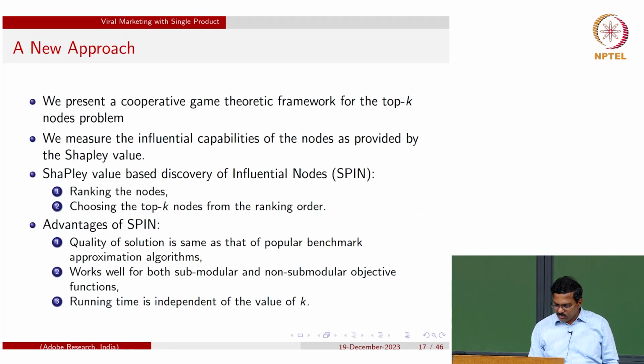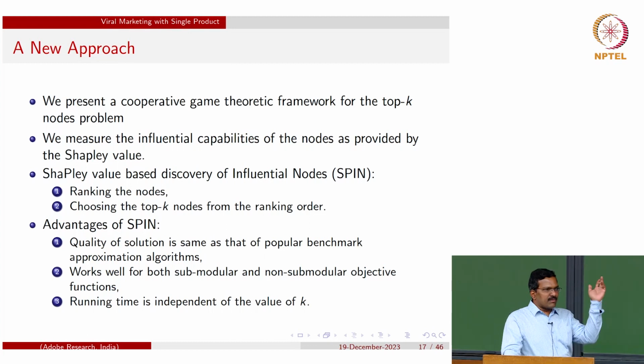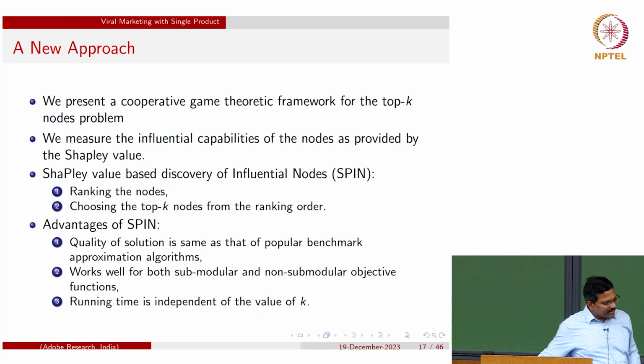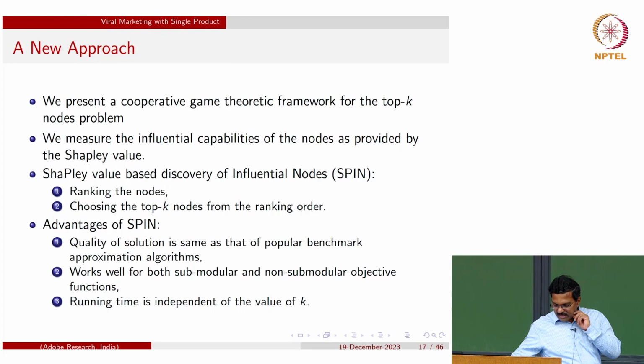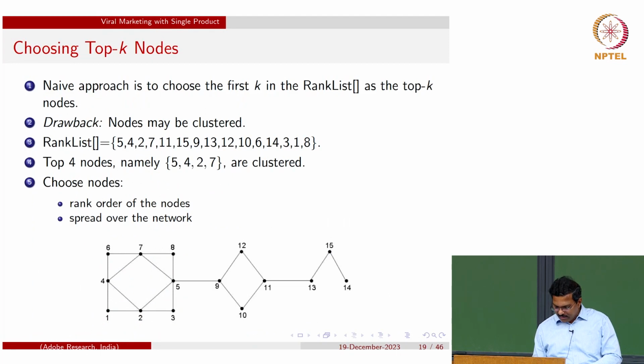So we also modeled this as a game theoretic problem, because at the end of the day you have to select a subset of individuals, right? And we defined a cooperative game. If you recall the proposal I put forward on the table at the end of the last presentation, the cooperative game theoretic framework. So we applied that framework to tackle this problem, and we defined something called the SPIN algorithm. It's an MCMC based algorithm, a sampling based algorithm. It works really well.